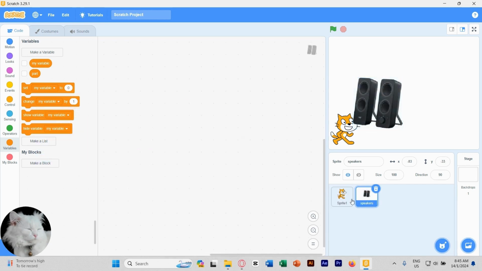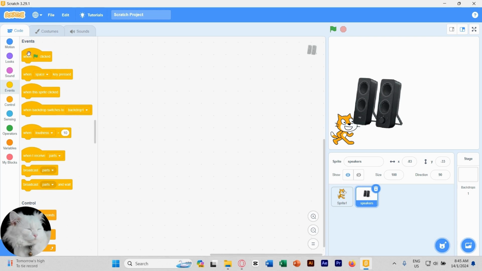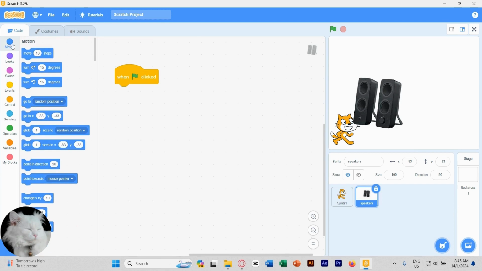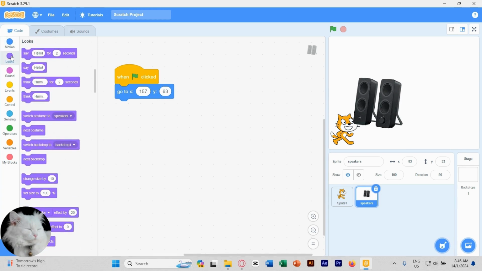So click on speakers and then go to events, click on when green flag clicked, go to motions, the blue color here, go to X and Y. Okay, we're going to change this to 157 and 63. And then we're going to set size, go to looks, set size to 100. Click on 100, we're going to set it to 50. Okay? All right, once we're done,